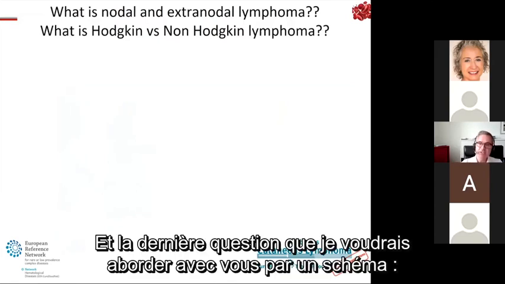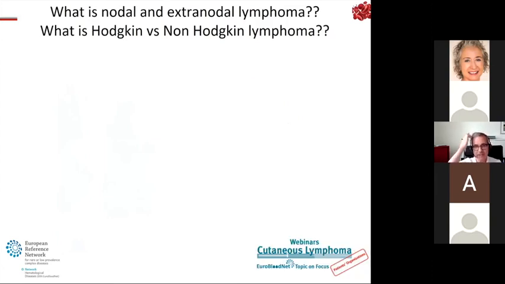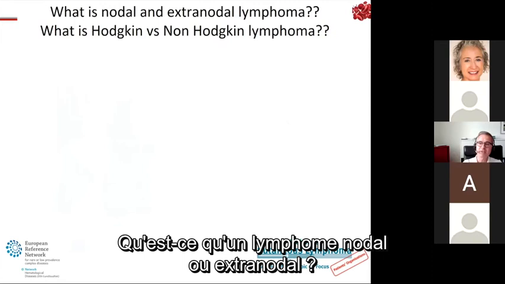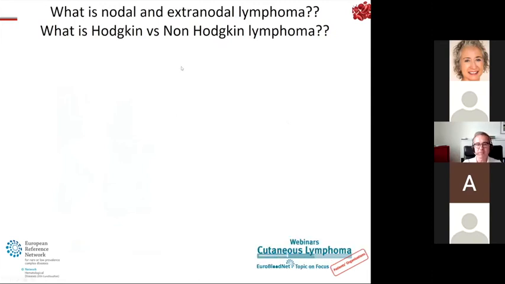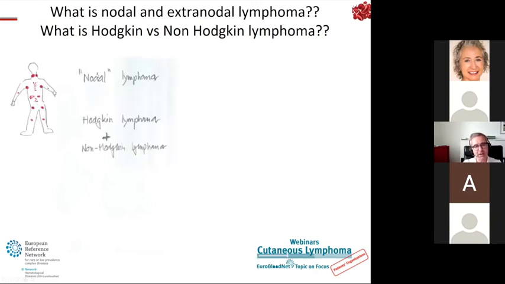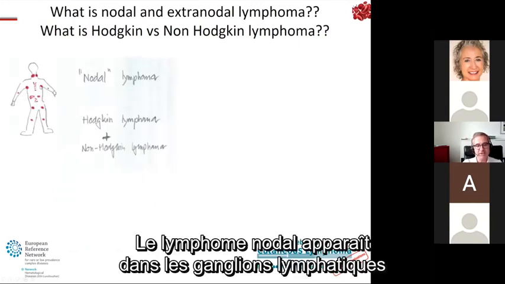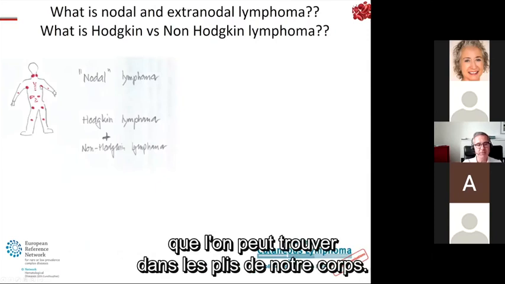And the final question I would like to discuss with you in this little bit sketchy way is: what is nodal and what is extranodal lymphoma? What is Hodgkin's versus non-Hodgkin's lymphoma? So that's a simple one. Nodal lymphomas arise in the lymph nodes, and the lymph nodes are located in the folds of our bodies,